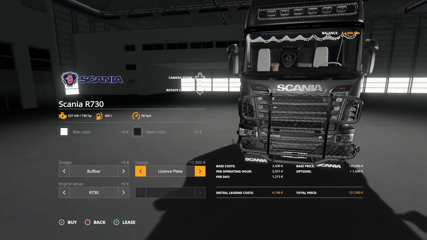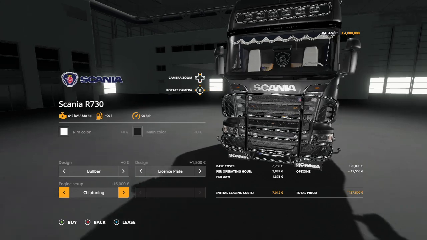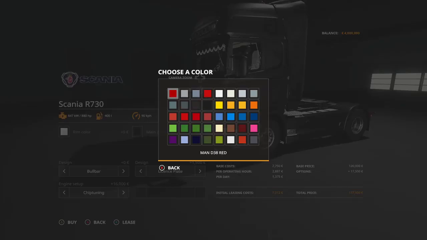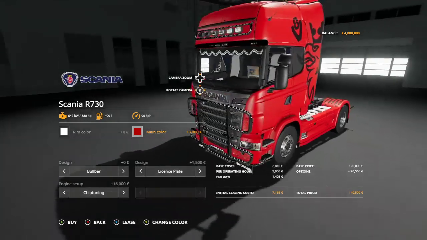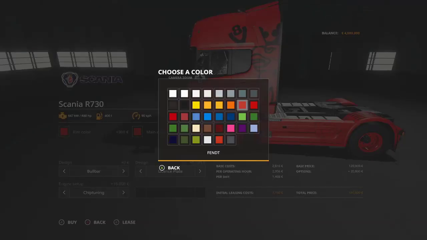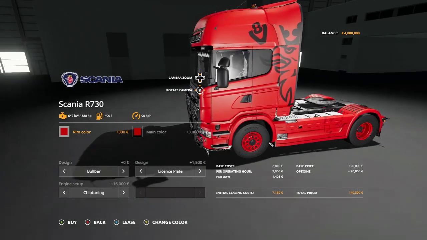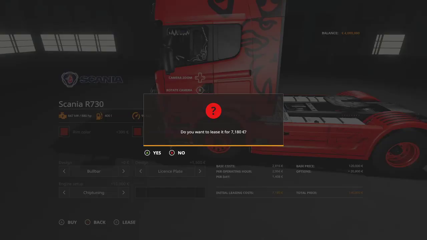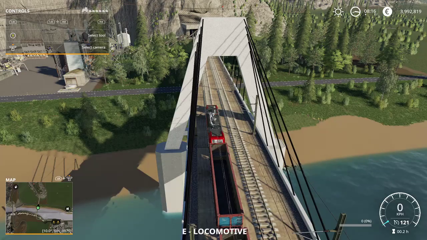Bull bar, license plate, 880 horsepower, rims, chip tuning, main color. Ooh, hello. Ooh, okay. Let's go down here. Does that match, I wonder? Hey, killer, how are you? How are things? Let's lease that, because I'm going to need a truck to...